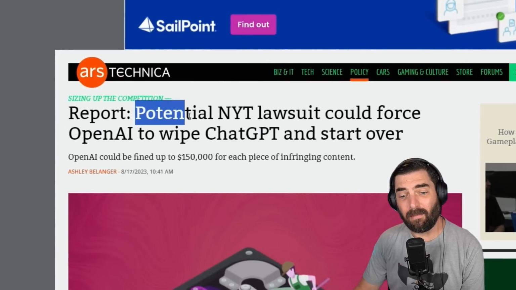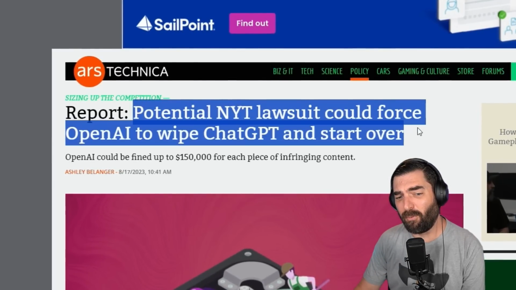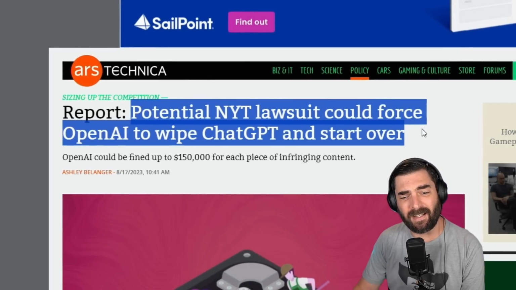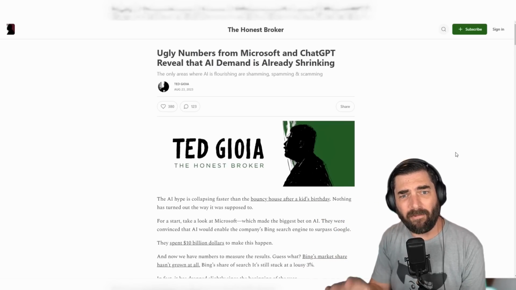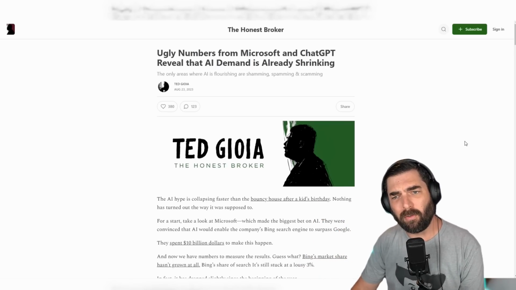Now, do I actually think it's going to play out this way? Probably not. I think some sort of more reasonable resolution will come about. Headlines like "potential New York Times lawsuit could force OpenAI to wipe ChatGPT and start over" is a headline that'll get clicks. Staying in the negative world of AI for just a moment here, this article was released this week